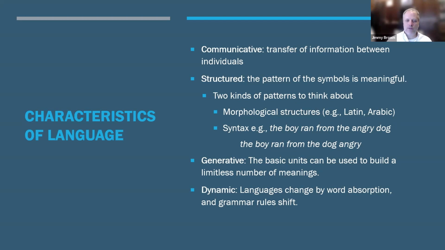It's also generative. Basic language units are built over time to create limitless meanings. One of the tests for fluency of someone understanding language is, can you understand a word you never heard before via context, right? My native language is English. I can understand words via context. My father-in-law, a native Mandarin speaker, can understand words there via context. He speaks fluent English as well, but that's the way to test fluency: can you understand the context?